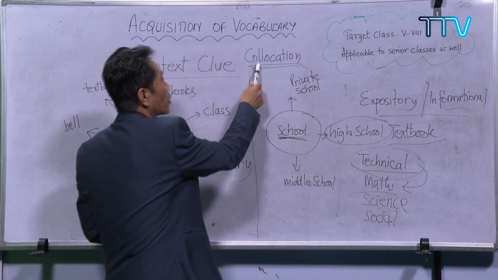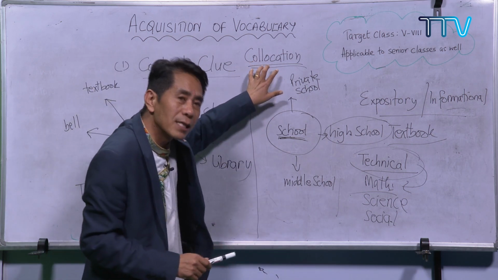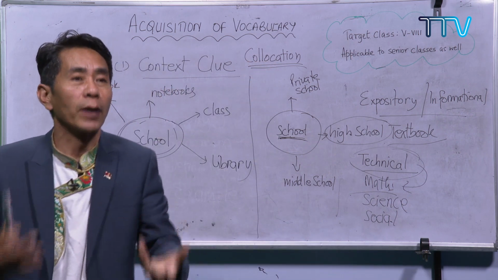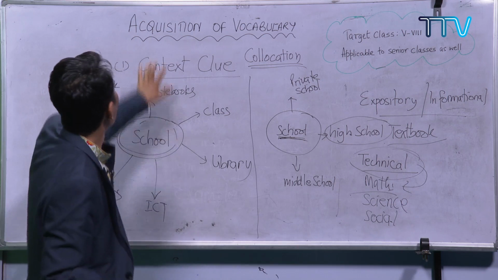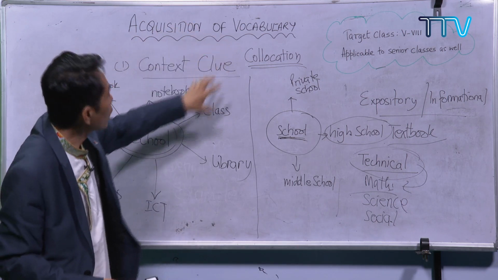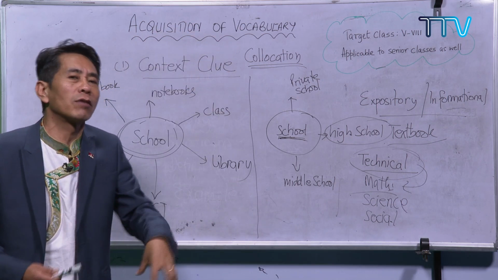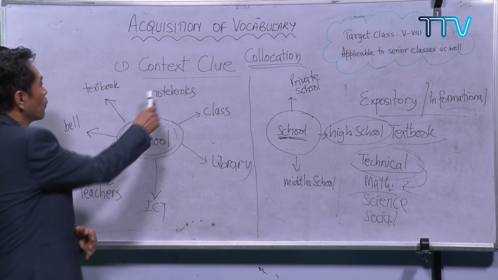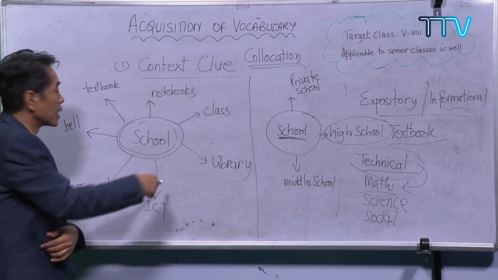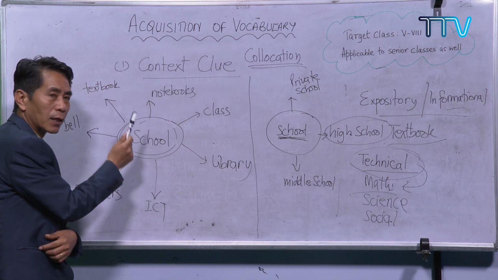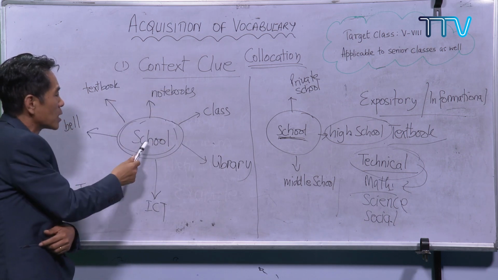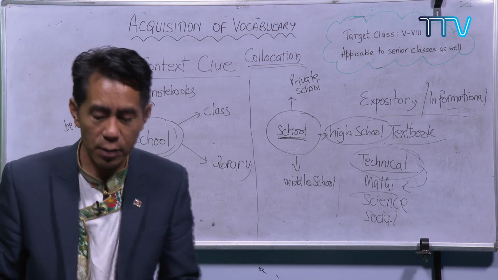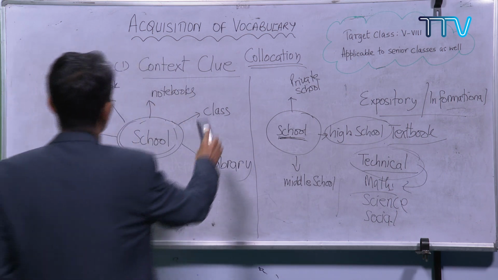Now these are called collocation. So if you use this strategy, it will be very easy for you to enrich your vocabulary. It will be very easy to acquire vocabulary without having to put lots and lots of effort. Why? I have already given my argument. Because if you learn this word, it will be easy because you are already familiar with the words which are related to this. So this is one strategy. It is called collocation.